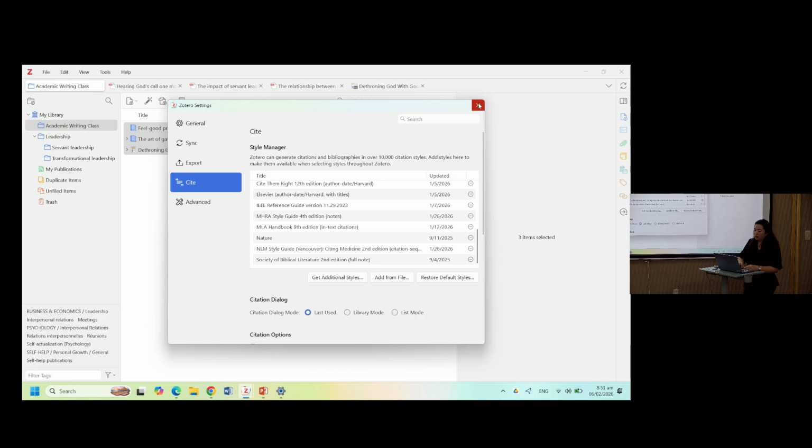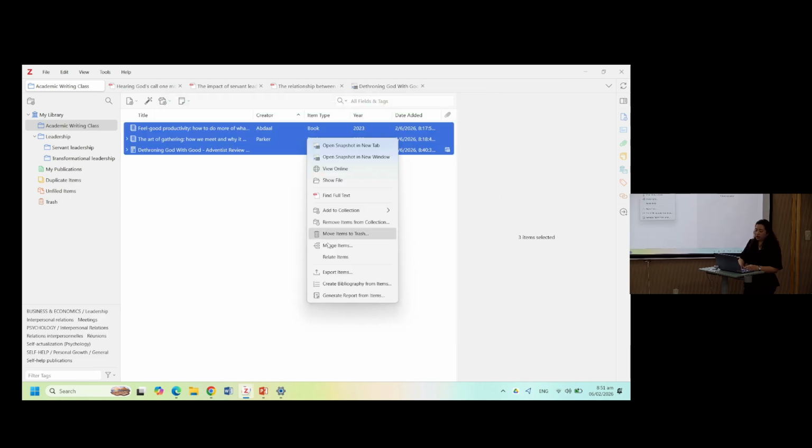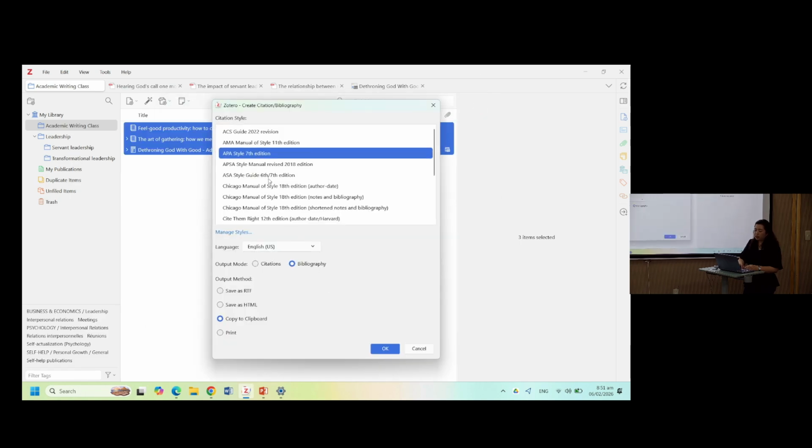So again, right click, create bibliography from items. I'm going to select APA here. And below, you'll see here bibliography, right? Output method, I just want to copy it to clipboard.